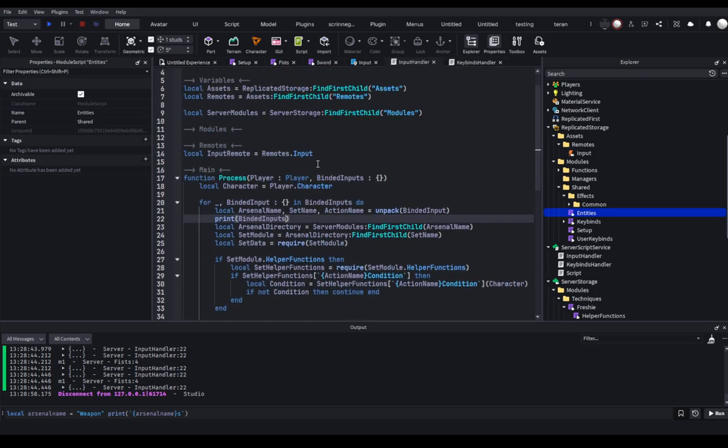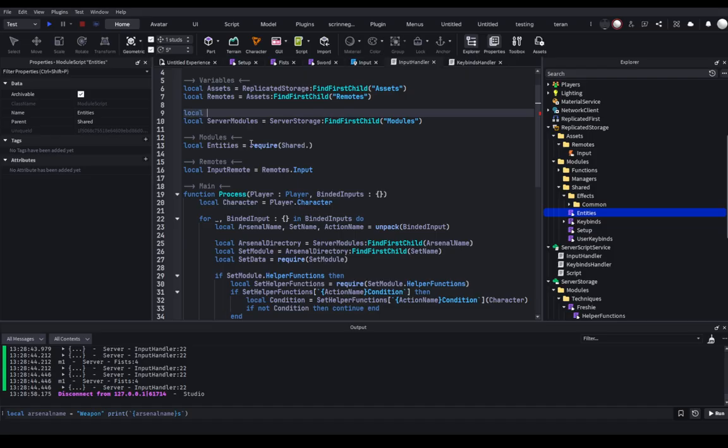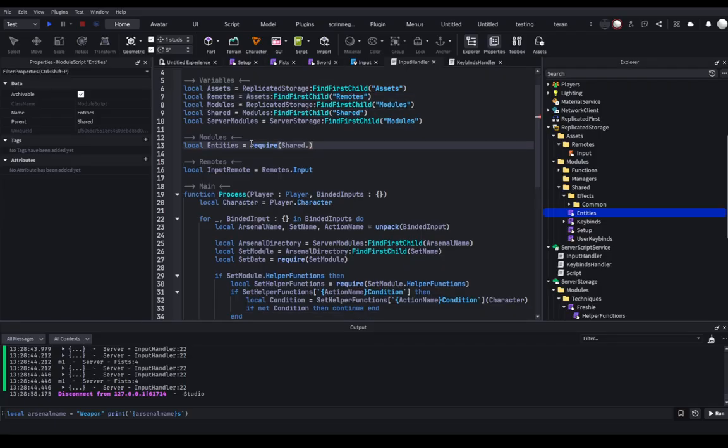So whenever they do inputs, what we can do instead is we can just say we want the entities module, and we want to get the index for the player, so we can get all the quick access info that we got earlier, right? So the way that would work would be replicated source shared, and then you would have all your different little modules, right? So this would be entities,